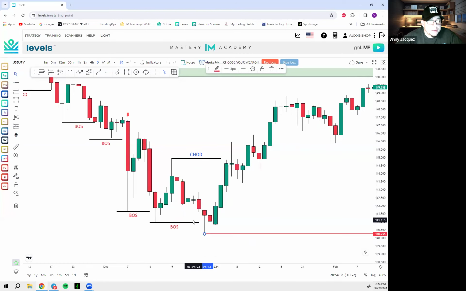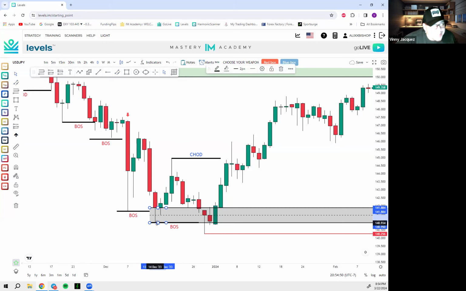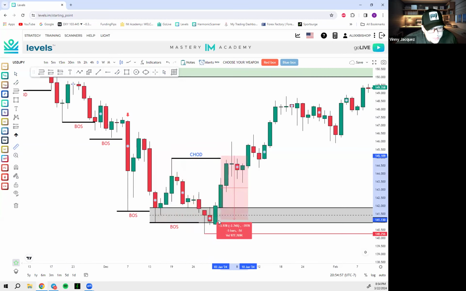Where do you think my shoulder's at? The BOS. Yep. This is my shoulder. That's why it's so important to mark it up. Because look, you're already going to know where it's at. There's like no guessing. Why? Because you marked it up last week. Look, we're out on the daily. From the change of character to the marking of the BOS, which was this right here, that was 14 days ago. So you already had that marked up 14 days ago. You know what I'm saying? So as soon as we get that BOS, you're like, bet. Let's go.